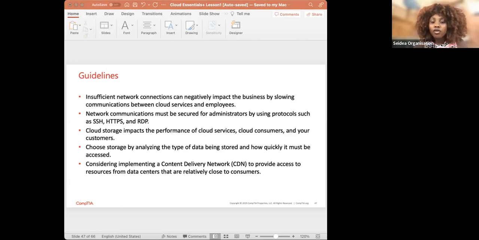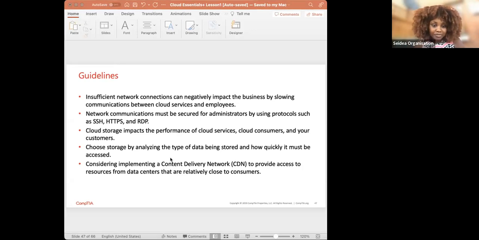And then when we're talking about performance consideration, especially when we're looking at cloud services, you have to recognize the interdependence of cloud storage and its impact on service performance. And then when we are choosing a storage, we have to consider: what is the data type that my organization works with? What data do we use? What are the speed requirements? Based on both data type and access speed requirements, you can then select the most suitable storage option, whether it's going to be a hot storage or